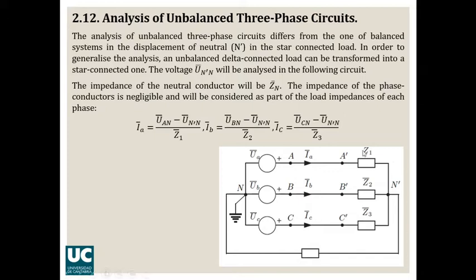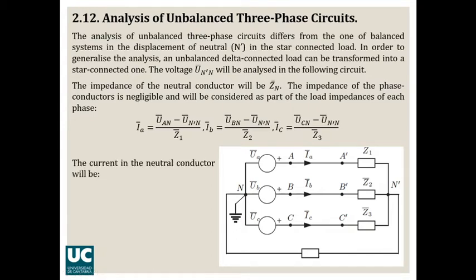These are the currents that are flowing from the generator and passing through the load. And we are obtaining the current by applying Ohm's law. That is the difference in potential between A and N minus the difference in potential between N and N prime, that is the same as the difference in potential directly between A prime and N prime, which are 2 points, each of them at one side of the load. You can do the same for obtaining IB and IC.